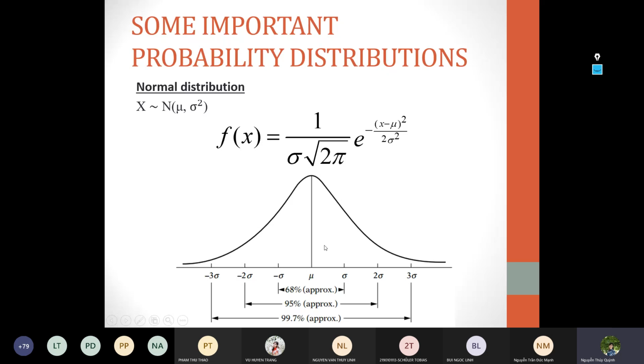Do you have any questions about the normal distribution? You have learned it in statistics and probability. We just review it here. All right. So next,